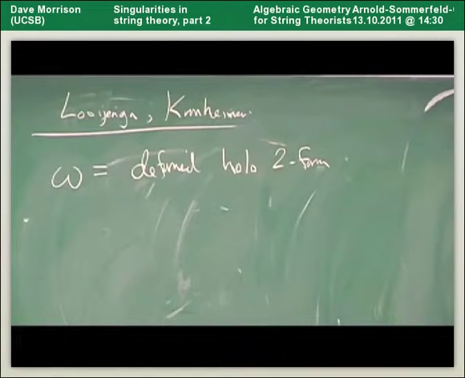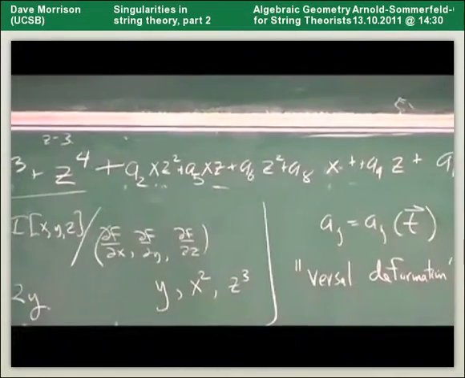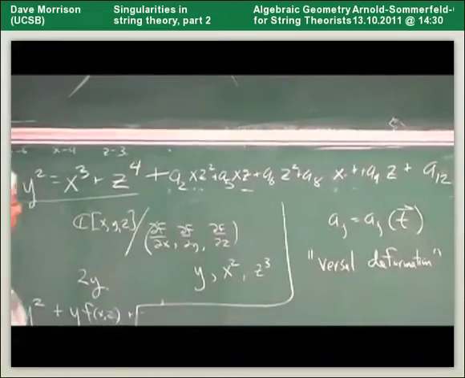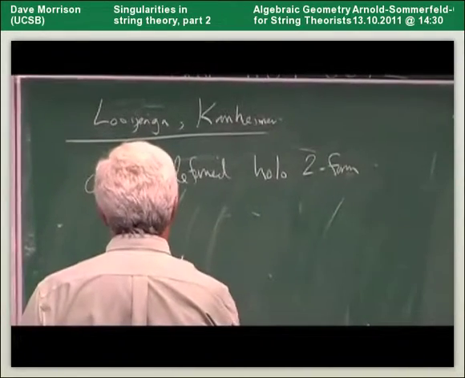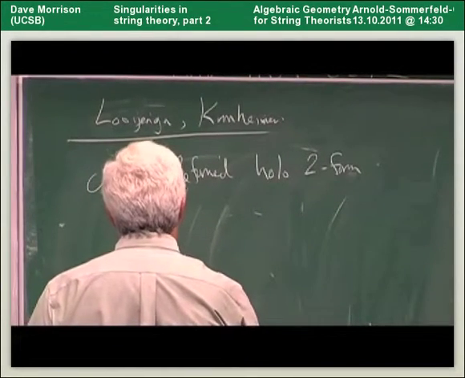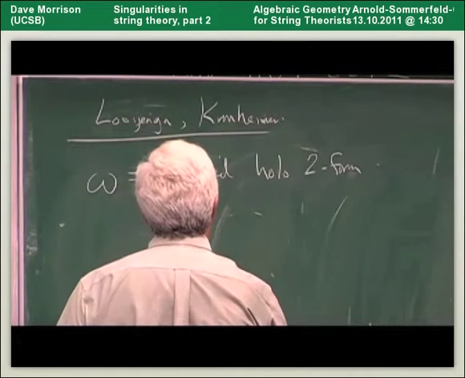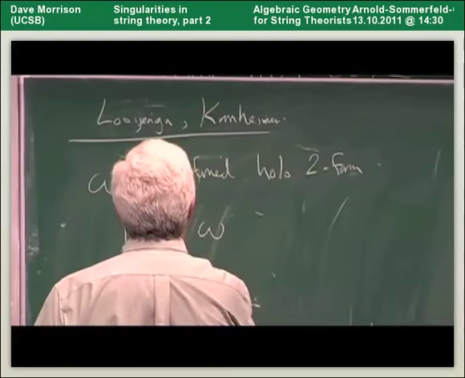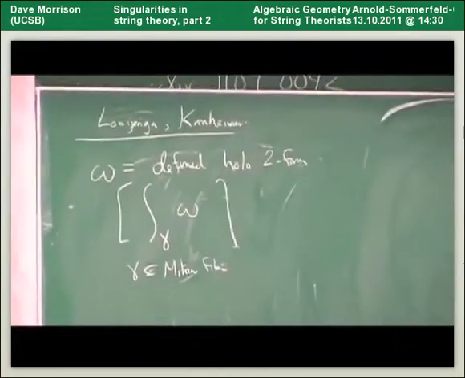So now in the entire family, I could write down, in principle, some messy expression in the A's, which would dictate where this thing was singular. It's mostly non-singular. So if I stay away from there, I could imagine integrating over the cycles gamma in the Milnor fiber